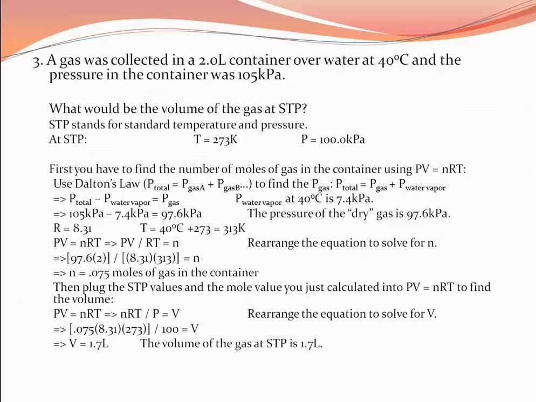R is still 8.31, and the temperature is just 40 degrees Celsius plus 273, which is 313 Kelvin. Then you can rearrange PIVNERT in order to solve for n, which is PV over RT equals n, and then plug in the values, and you get 0.075 moles of gas. So then plug in the STP values, and you get